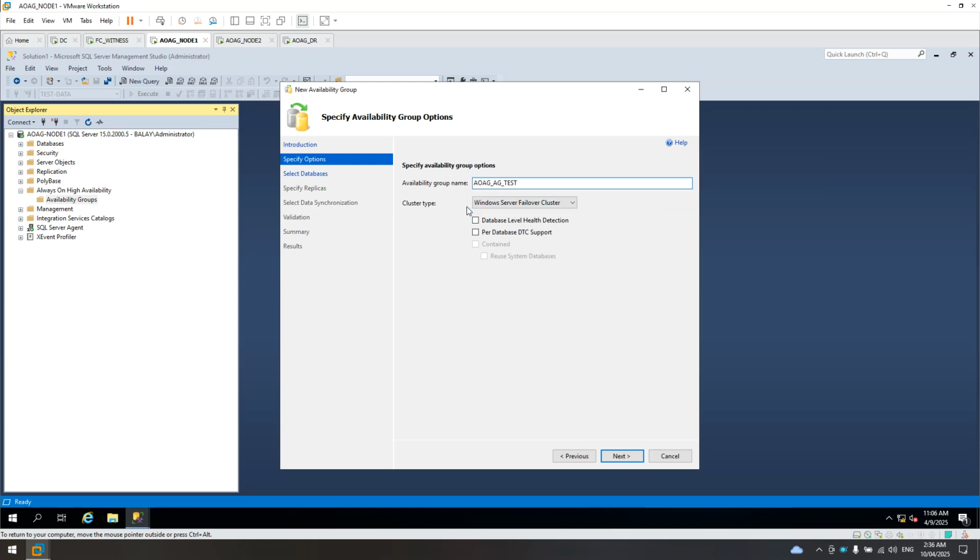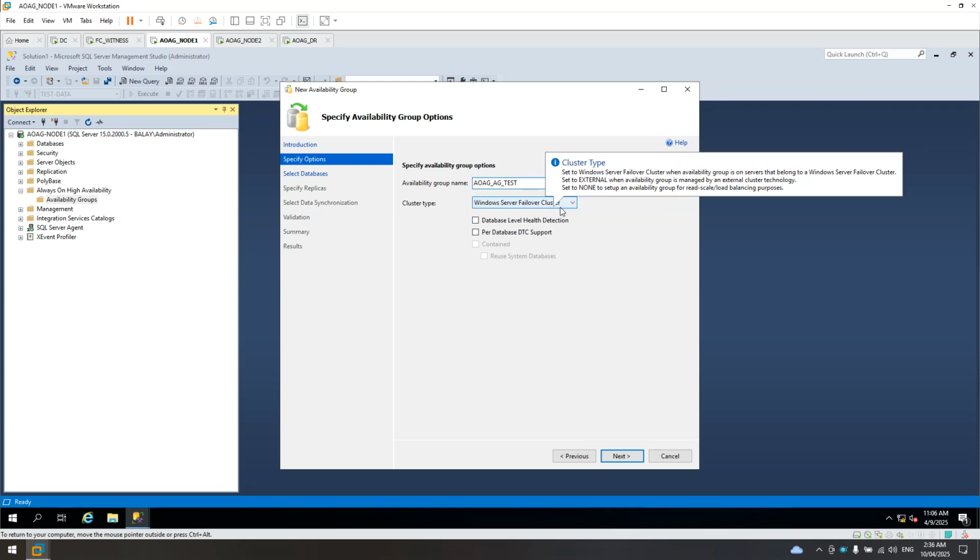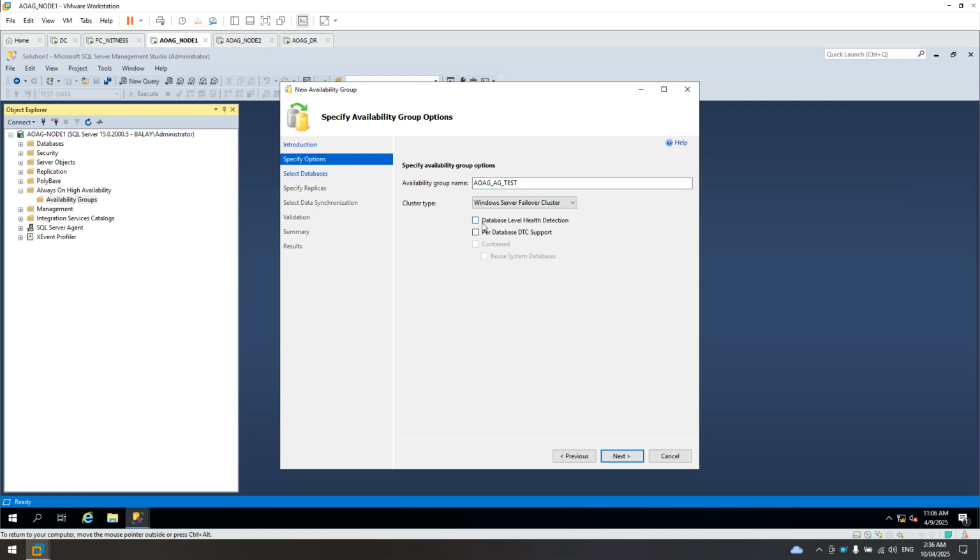See the cluster type is Windows Server Failover Cluster. It's automatically selected. Leave that one, and for database level health detection, click that one, or you can untick. In this case, just tick that one.